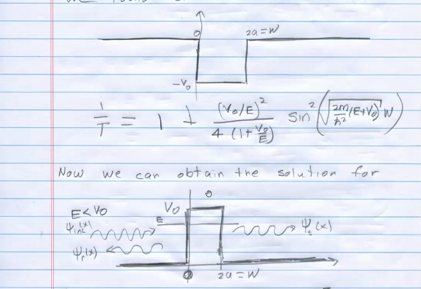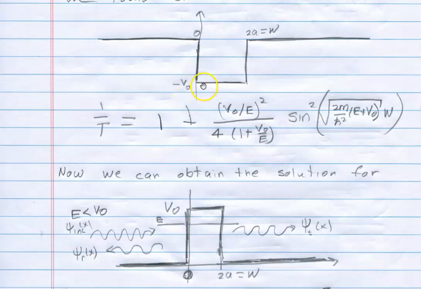Now again, we could set things up exactly as we did for the case of the attractive potential well and just use this potential and work things through again. It's another long, detailed algebraic solution, and we would get the formula for the transmission coefficient in that case as well. But there's an easier way, and the easier way is just to note that this equation holds for V naught